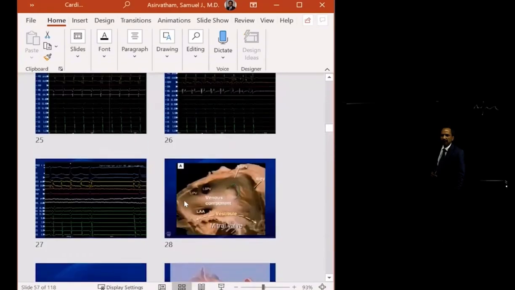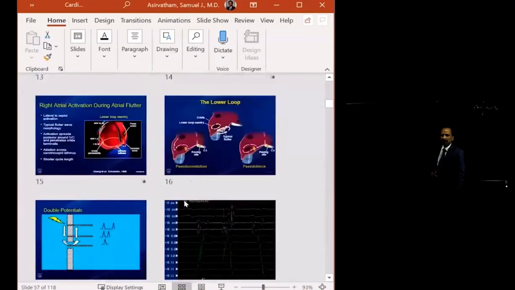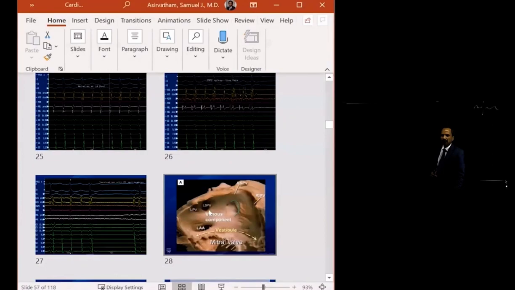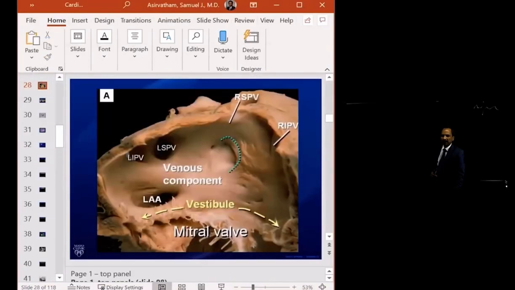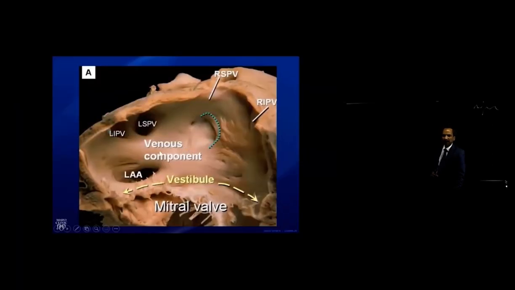Now, I think this slide and the next one kind of illustrate. Are you able to see this? Yes. So